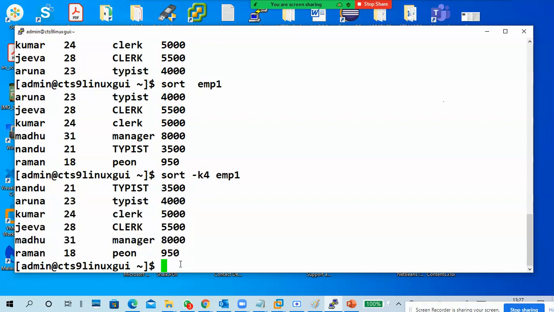Guys, will anybody tell what is the flaw in my output? I sorted the fourth column. There is a flaw. Tell me.